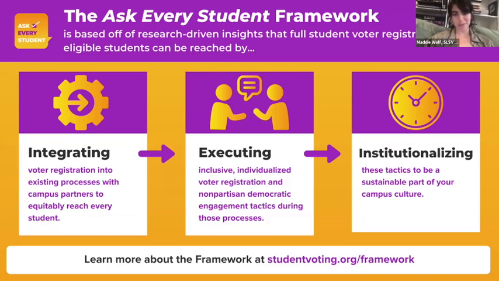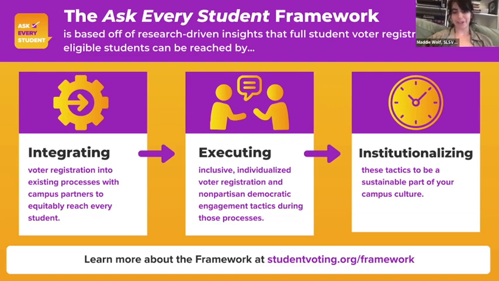If you aren't familiar with Ask Every Student already, the Ask Every Student initiative is really just built on a mission around this concept of literally asking every student on a campus to participate in our democracy, beginning with voter registration if they're eligible. We use this framework of integrating, executing, and institutionalizing voter registration and democratic engagement strategies into existing processes with partners to equitably reach every student on your campus, making sure that whatever you end up doing is really inclusive and individualized and personalized, so that your voter registration and nonpartisan democratic engagement tactics truly do that